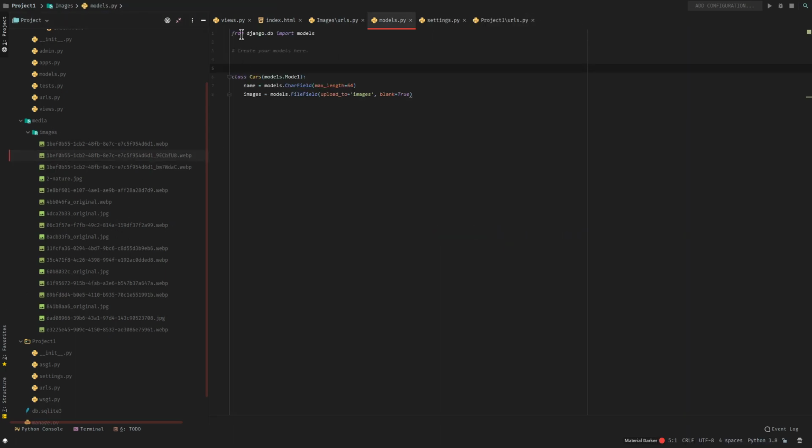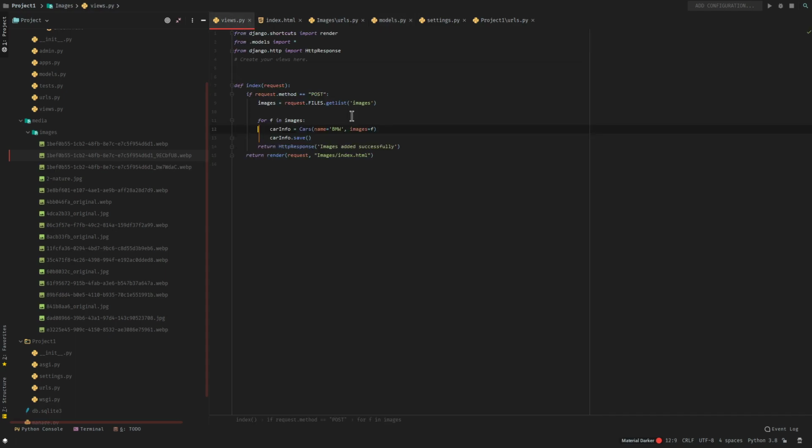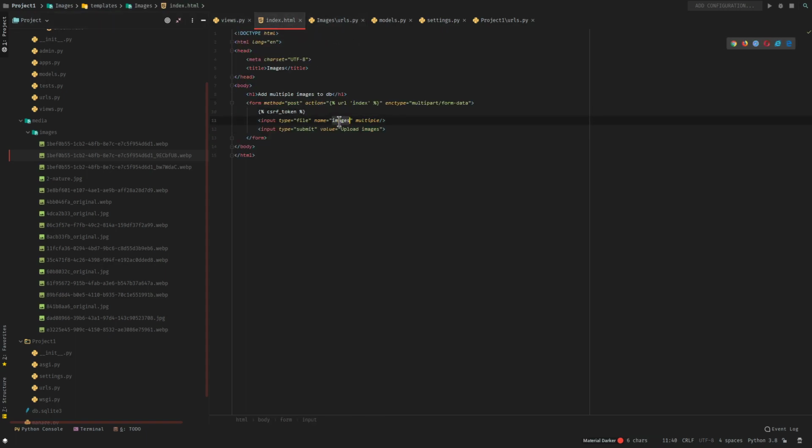Now we'll take a look at the logic that we are using. When the request method is POST, I am storing all the images in this images variable. How do you extract images? request.FILES.getlist, and images over here is this name equals images.